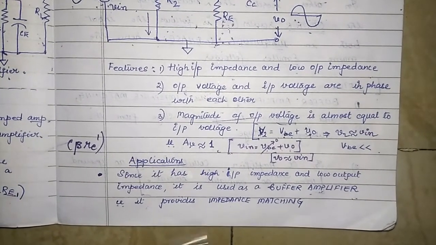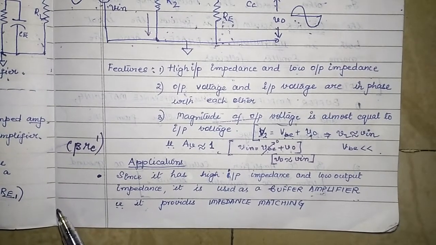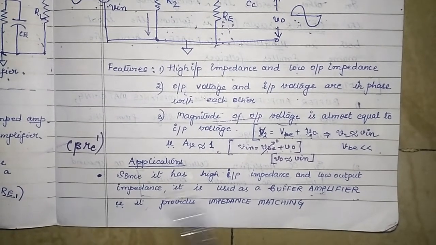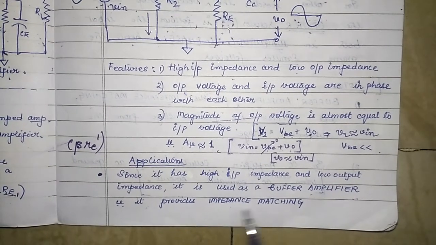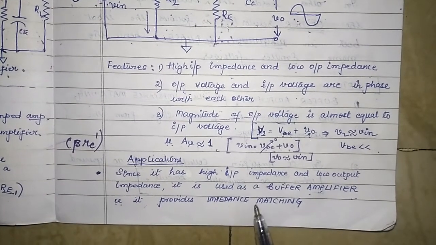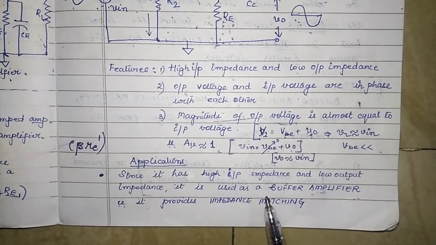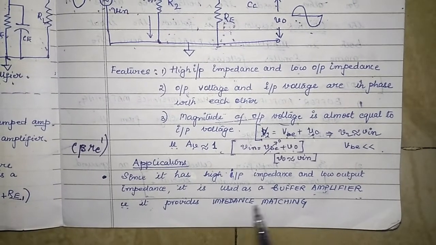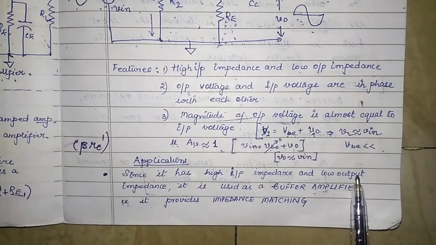So please note students, CE amplifier has a problem of loading effect. So there is no impedance matching there. Why? Because there the input impedance is small and the output impedance is large. So impedance matching gives you proper isolation between two successive stages. And another thing you have to understand is something called loading effect, which I will be explaining in another video. Loading effect is a problem. The solution to loading effect is impedance matching, and which circuit provides impedance matching? That circuit should have a high input impedance and a low output impedance.